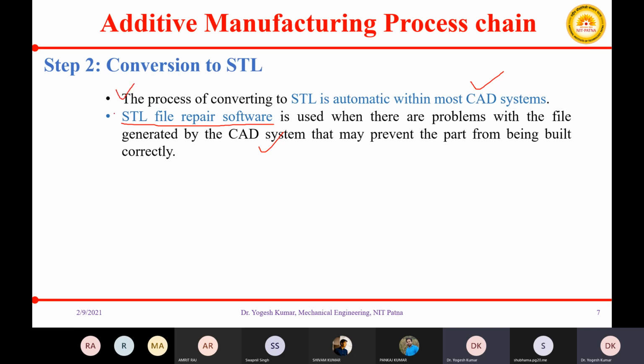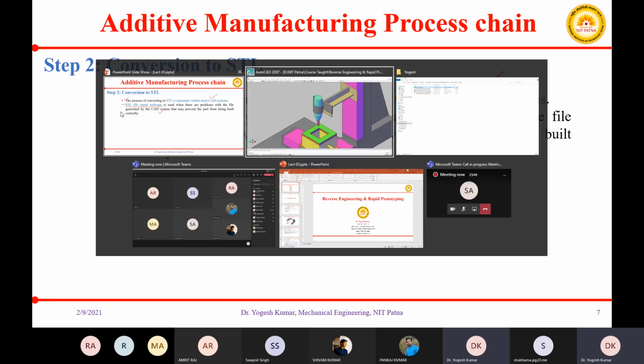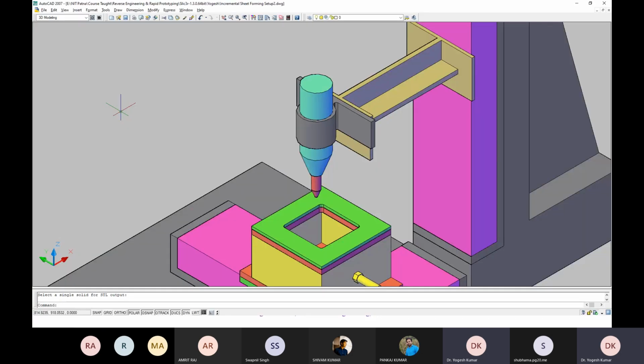Then, as I told, there may be issues, and you may not be able to print your STL file, or you need to carefully visualize your STL file before going into slicing, preparing the slice data. So for this, what we have to do, just a second.